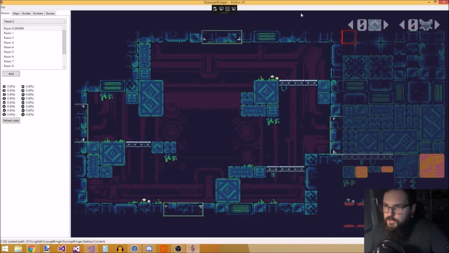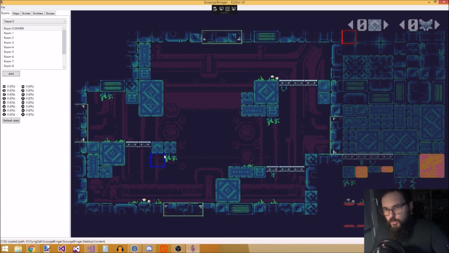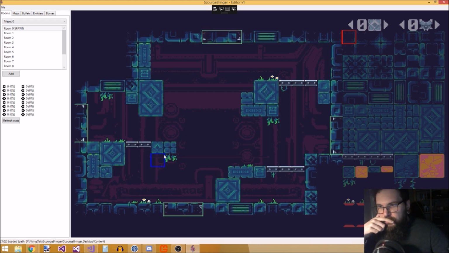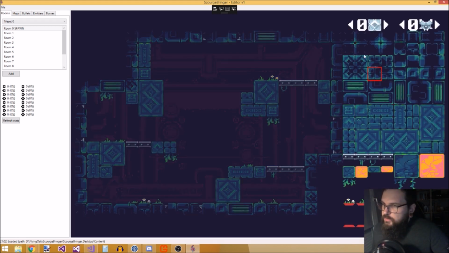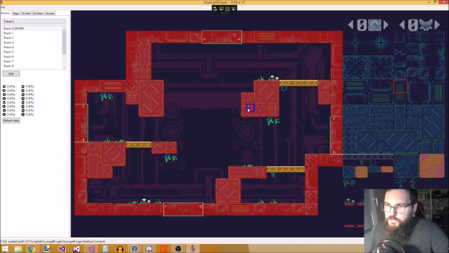Okay, so here's the editor, and here's the room. It's the starting room, and here are the colliders. You can see that each tile is 16 by 16, but the colliders are 8 by 8. It's just something to have more precision and to be able to do smaller platforms. And